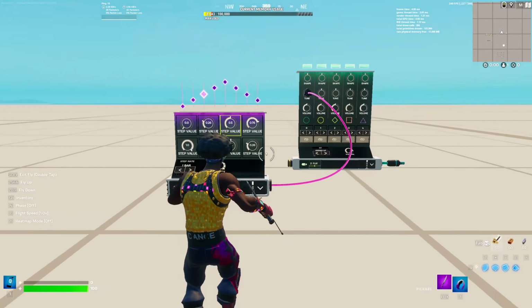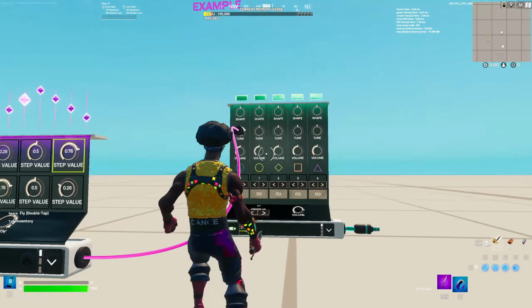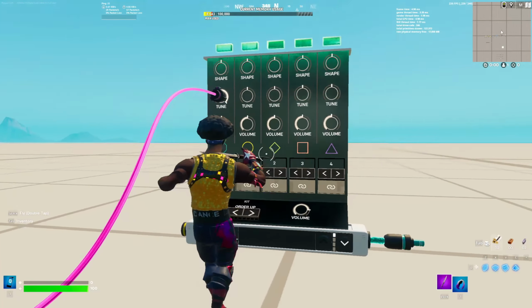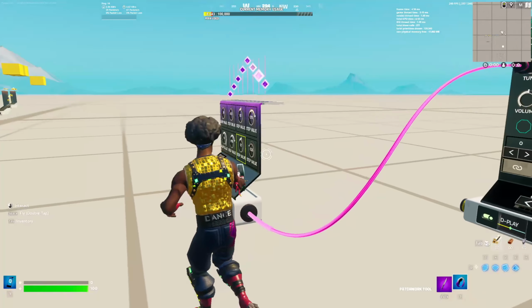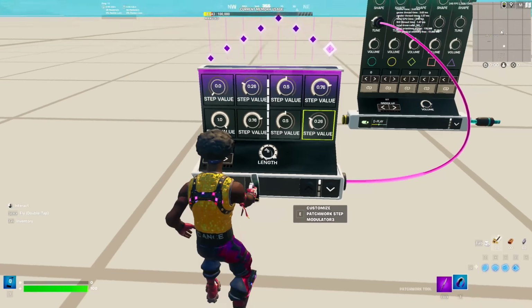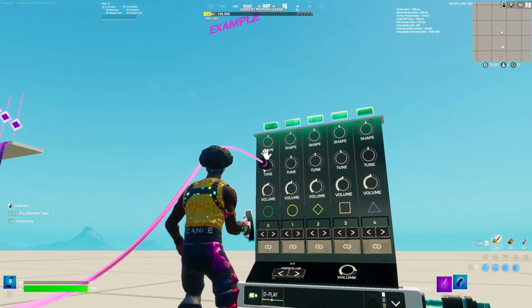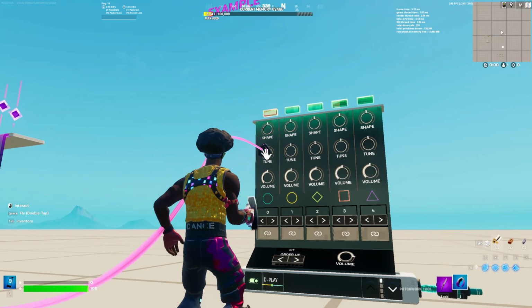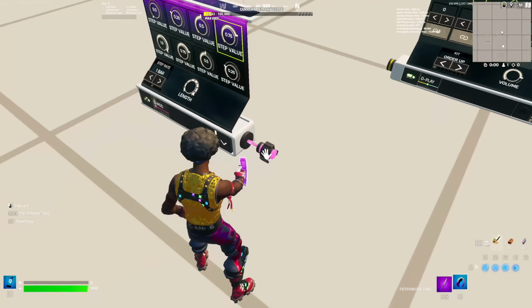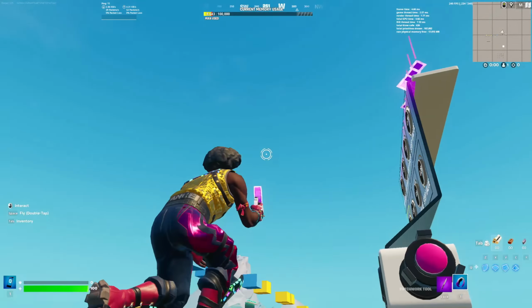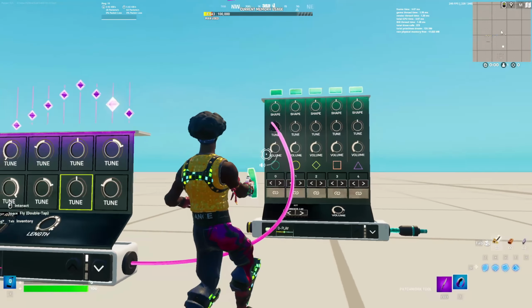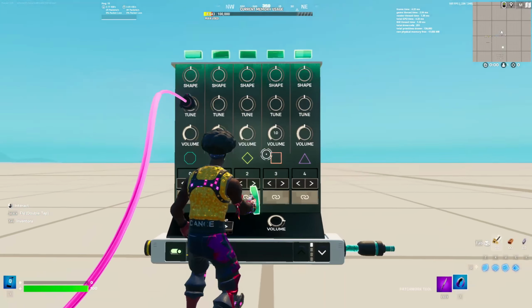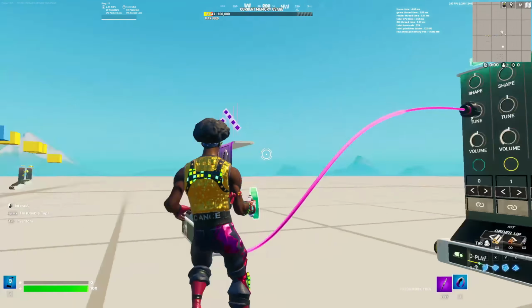So I put an example back here of what it is. So this one is for the bass and the drums and stuff. You can take one of these things, and you can actually plug it into one of these. I'll show you when we do the bass, but you can plug it into one of these. These purple ones are special. They look a little different. You can plug it right into there. You can plug it into any tune or volume for that shape. And I'll show you that more in a little bit.